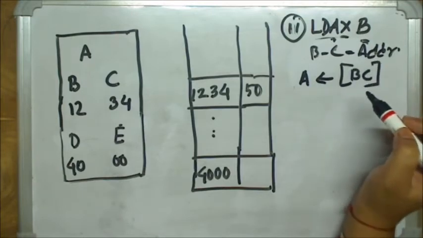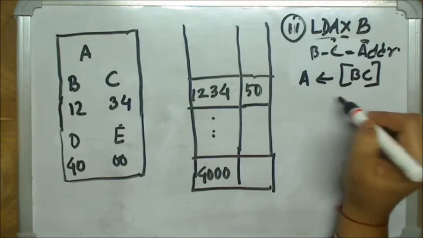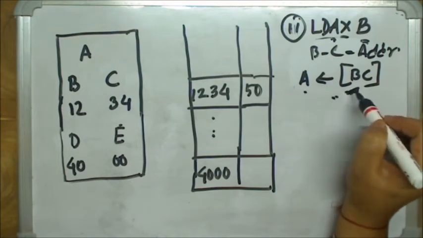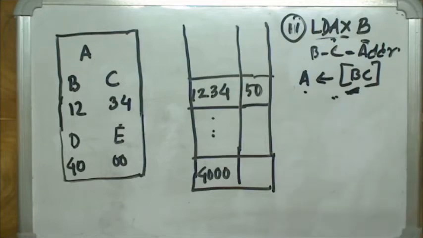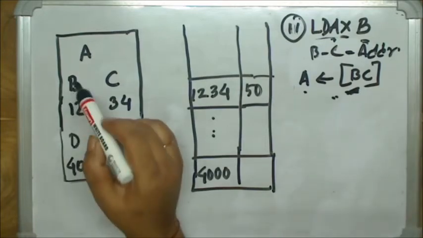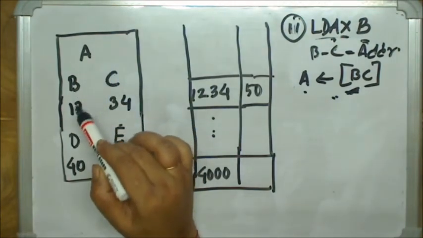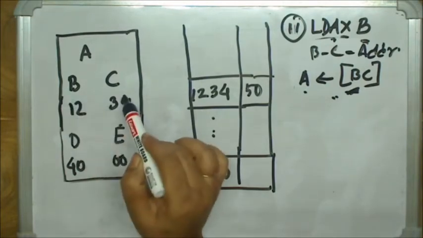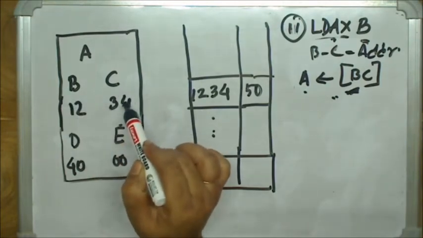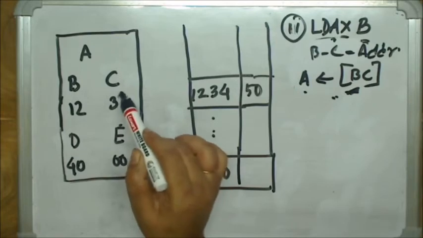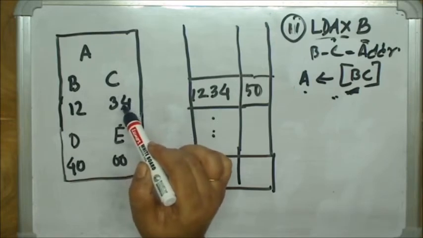We have already studied the addressing mode. I have told you this is indirect addressing mode, because the memory location in which the data is stored is pointed by a register pair. Clear? So A is getting the value stored in the memory location pointed by the register pair. For example, this is your accumulator, this is your register B. I will initialize register B with 12H and register C with 34H. So B is storing 12H data, and register C is storing 34H data, right?